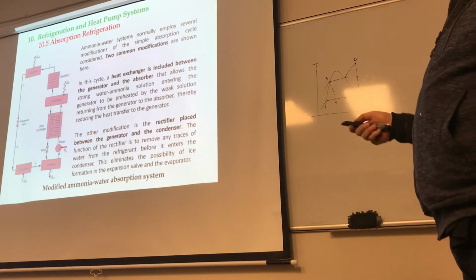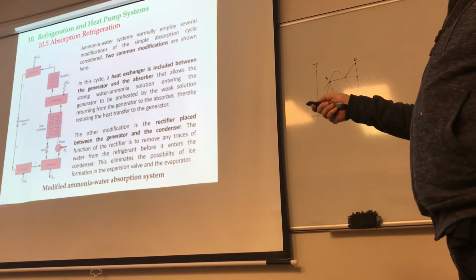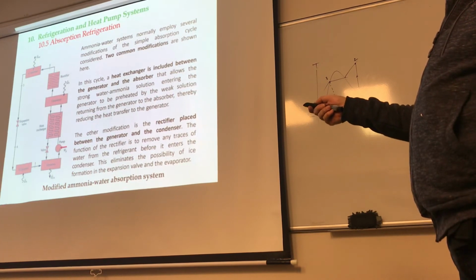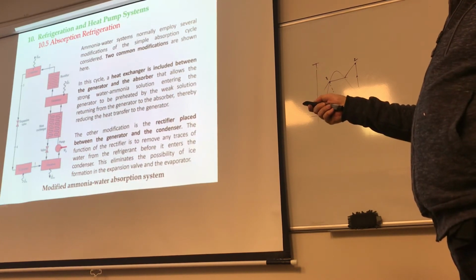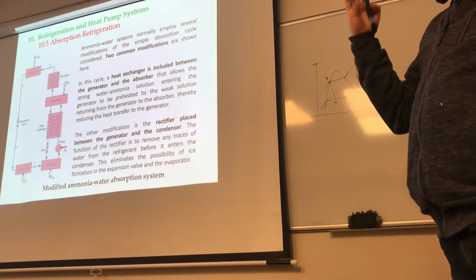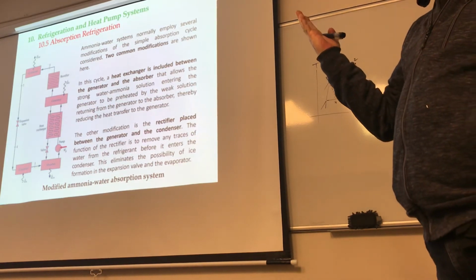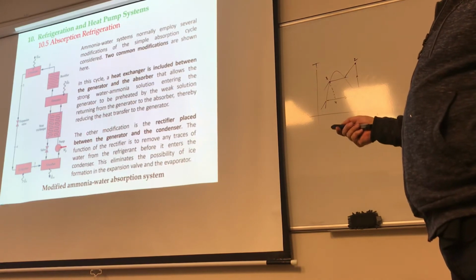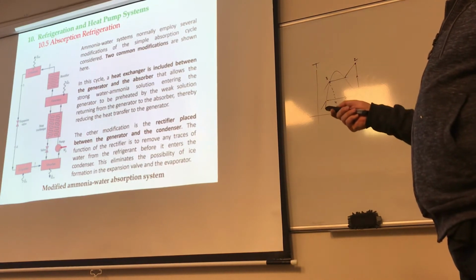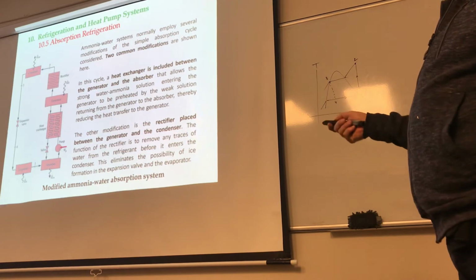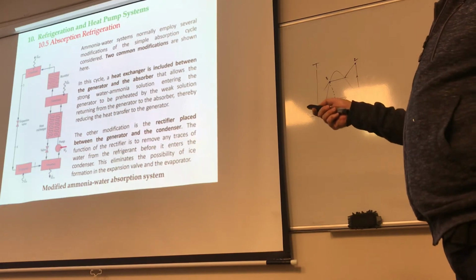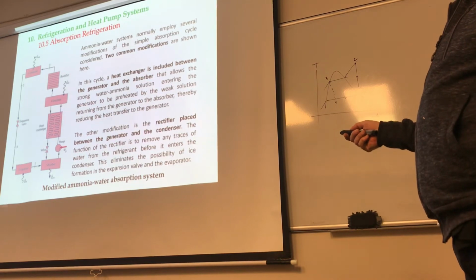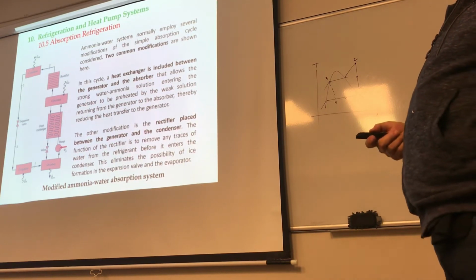Number two, the other modification is happening somewhere here. Because what comes out of the generator is supposed to go directly to the condenser, right? This is supposed to be the refrigerant vapor, right? So the other modification is the rectifier, which is placed between the generator and the condenser. The function of the rectifier is to remove any traces of water from the refrigerant